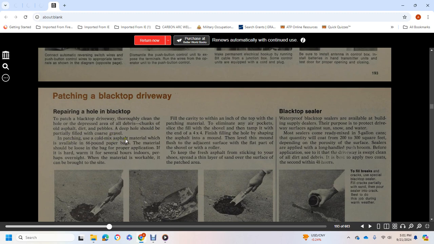In patching, use cold-mixed asphalt material, available at 66 pounds per bag. The material should be warmed in the bag for proper application. If it is hard, warm it several hours indoors, perhaps overnight, until the material is workable, then it can be brought out. Fill the cavity to within an inch of the top with the patching material. Eliminate any air pockets. Slice the fill